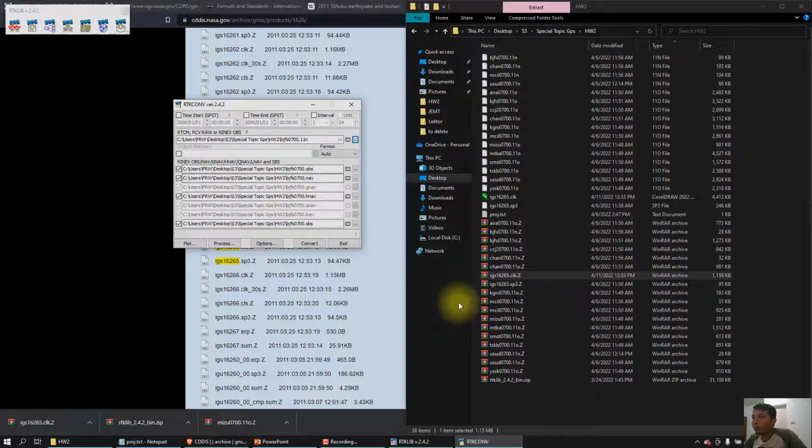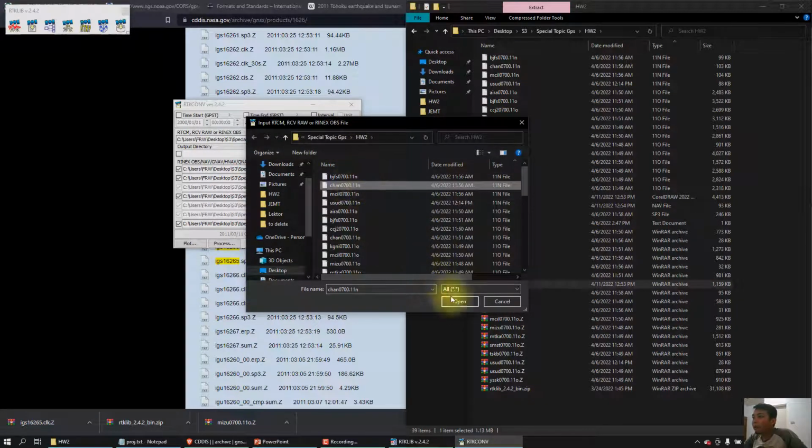Yeah, after we choose one of the files, we just do convert. Then we continue again to the next file.